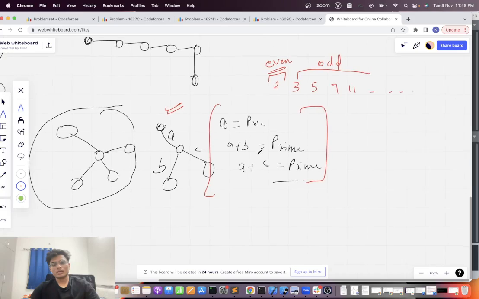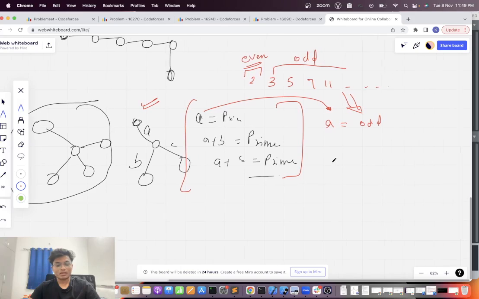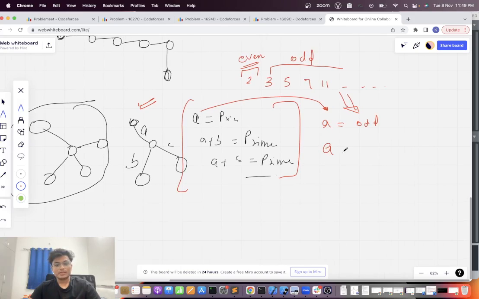Okay, so let's say I just assign a some odd number, that is one of these from this one. Okay, now a plus b. So if it is 100% clear that I am assigning a as an odd number, then a plus b always needs to be, what does it need to be? It needs to be odd,